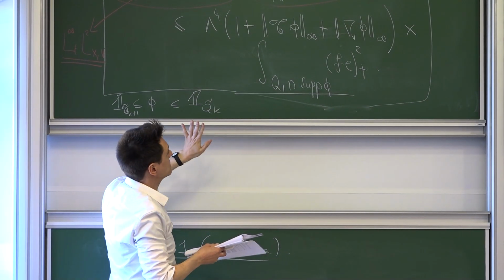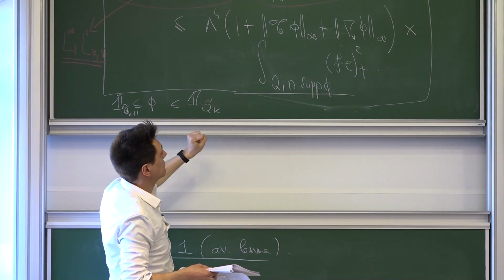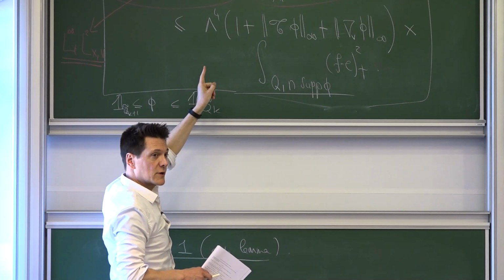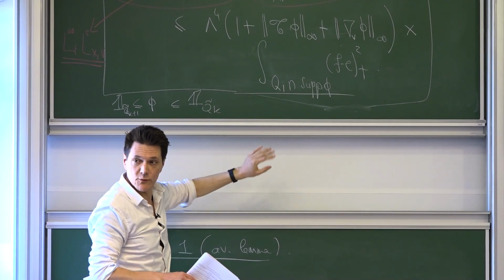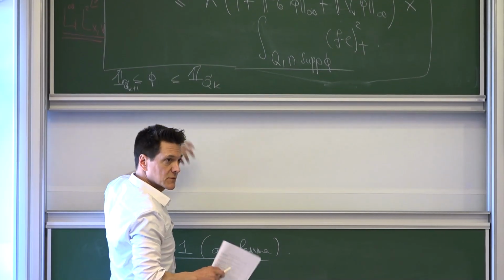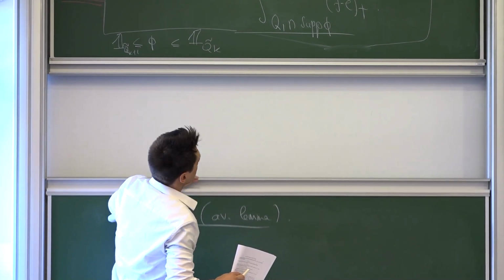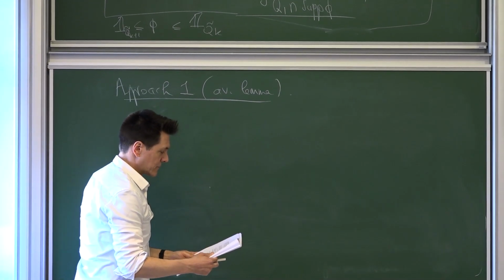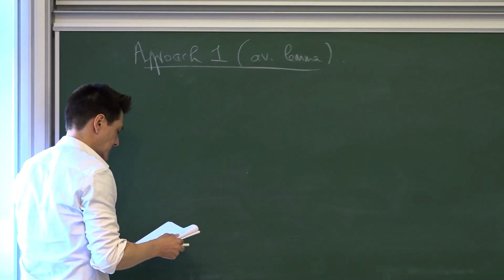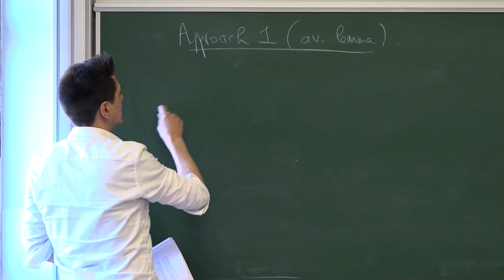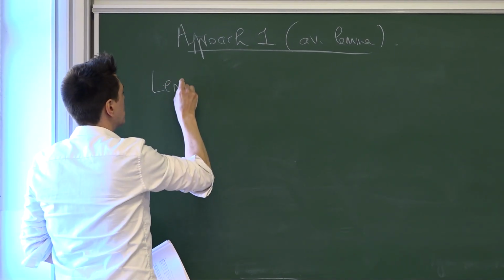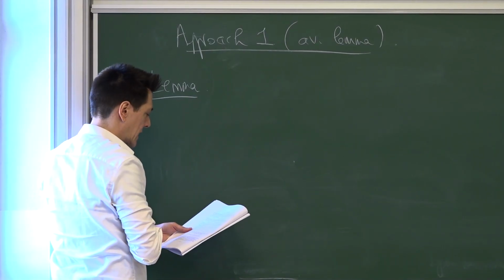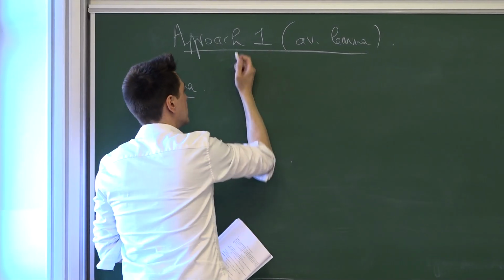So if I patch that by giving you an argument for improving what you know on the left-hand side to an Lp greater than 2, the rest of the proof works exactly the same. So I'll just do that. Approach 1 is based on the averaging lemma. There are many possible statements, but one statement would go like that. If you consider f